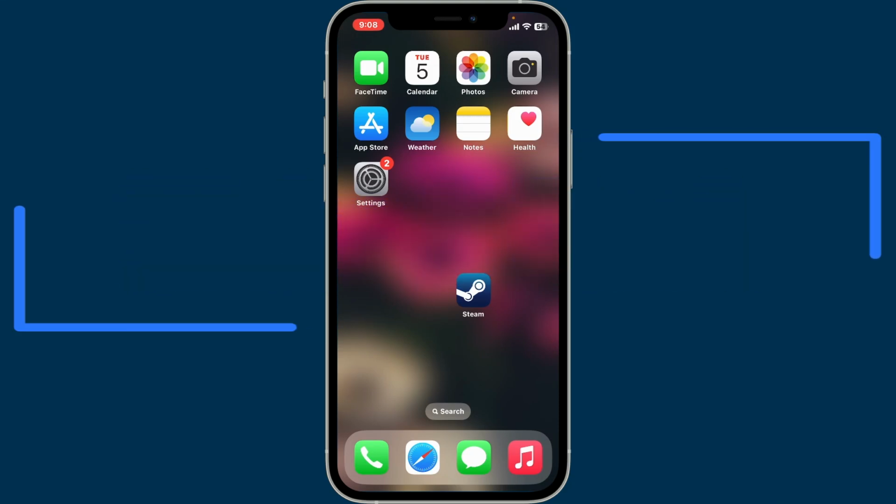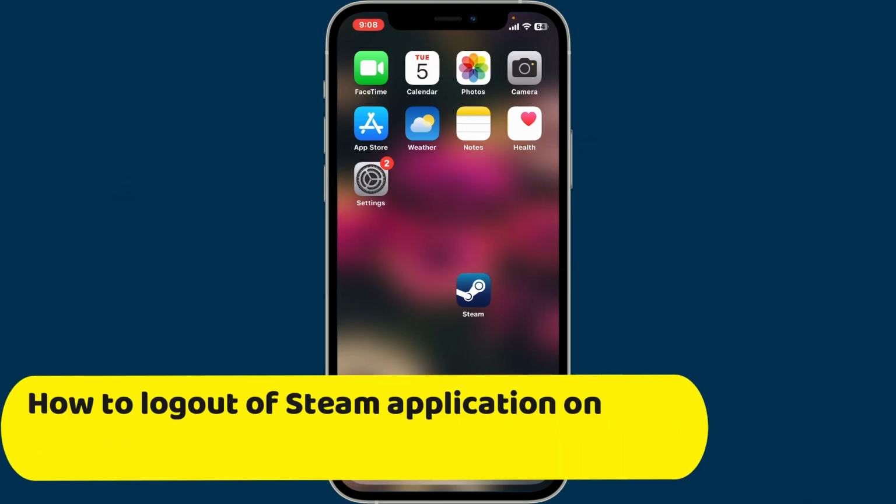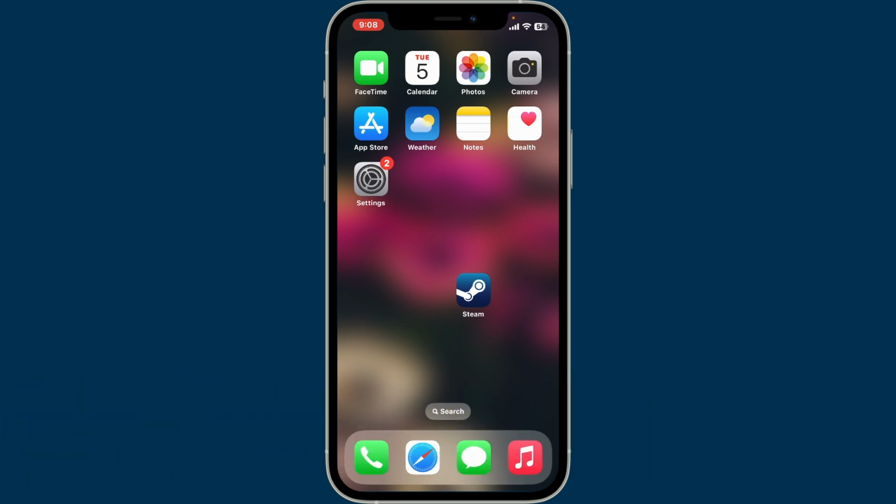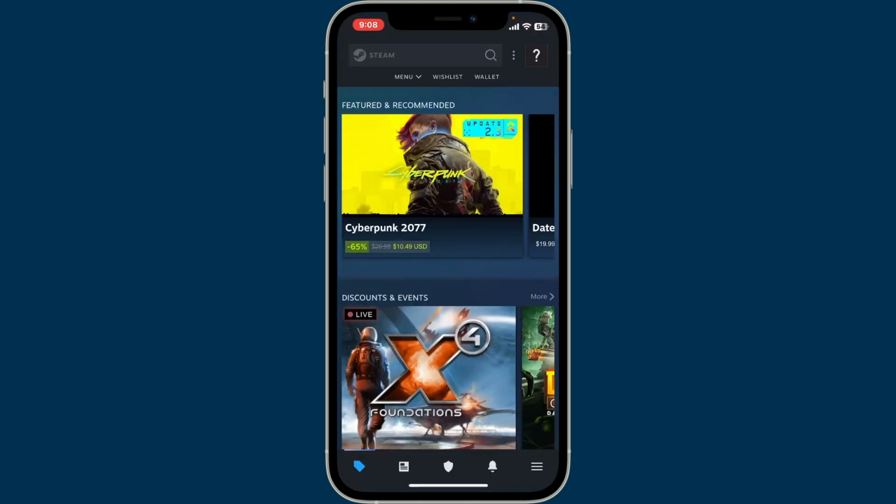In this tutorial, I'm going to be guiding you through how to log out of your Steam application on your mobile device. If you need to log out of your Steam app on mobile, then here's the fastest and safest way to do it. First of all, open the Steam application on your Android or iPhone, and once you're